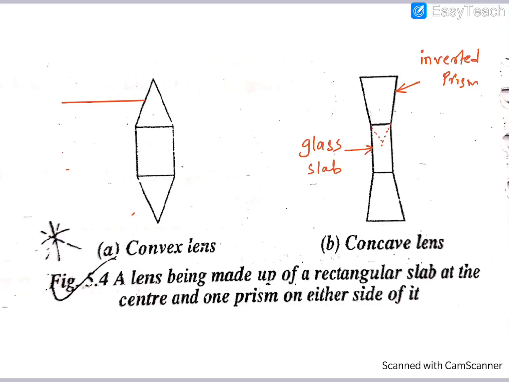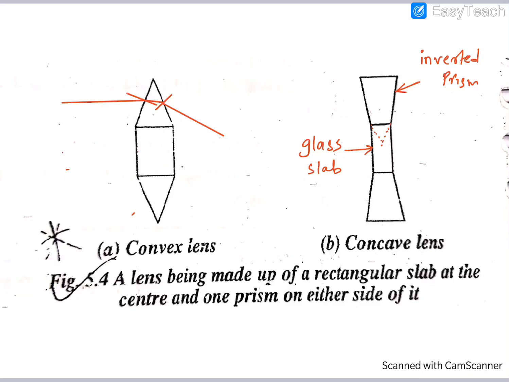Okay. Now let's draw a normal to the surface. So this is a normal. As you know, normal should make what angle? It should make 90 degrees with the surface. You don't need to draw the normal, I'm just showing you for understanding right now. Now it's going from a rarer to denser medium. So how will it bend? Towards the normal. Now again, if you remember, all this we did in the prism only basically. Now it's going from a denser to rarer medium. How will it go? Again away from the normal. So it will again bend further away. So is it clear?